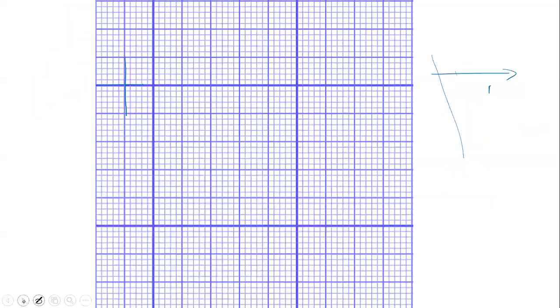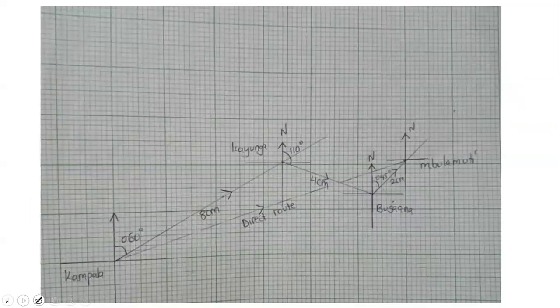Now, I expect your accurate diagram to look like that. This is how I expect your accurate diagram to look like. This is mine. Now, when you look at mine, I want you to check well that I have indicated everything clearly. The only thing that I want now to put is to say that accurate